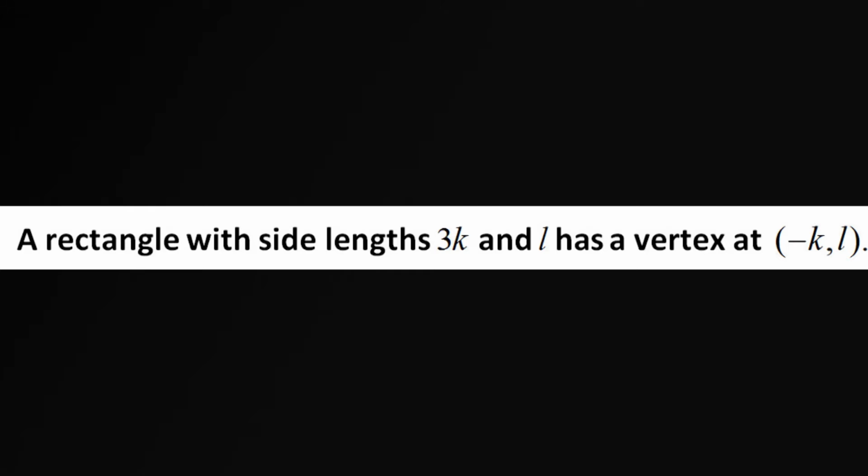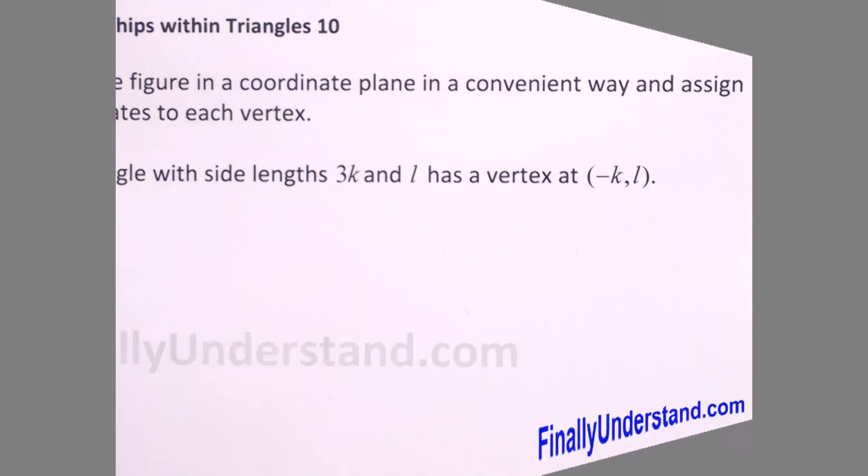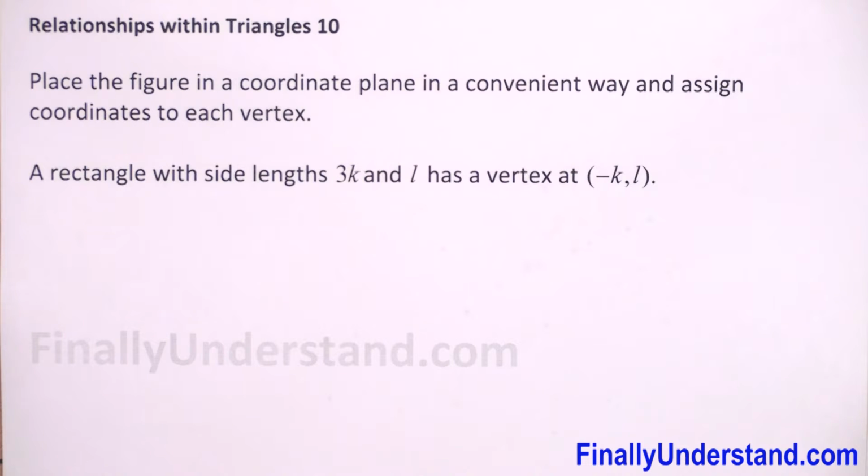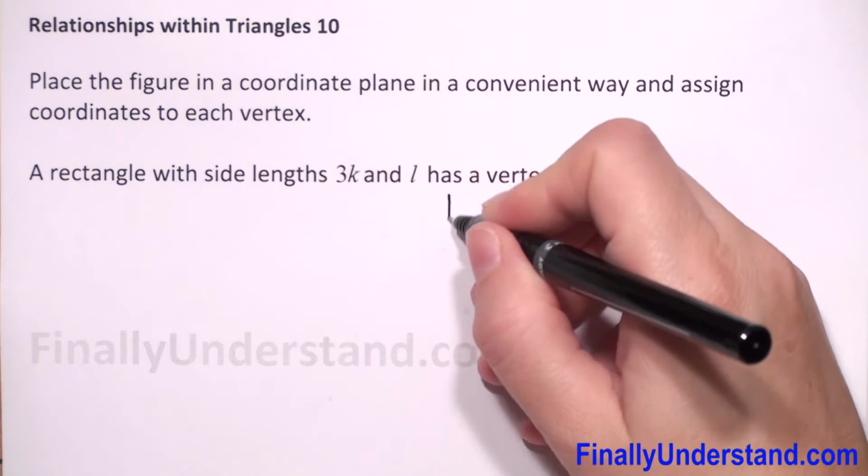We have to place the figure in the coordinate plane in a convenient way and assign coordinates to each vertex. In this example, we have a rectangle with side lengths 3k and L, and it has a vertex at the point (-k, L). So first we have to draw the XY plane,